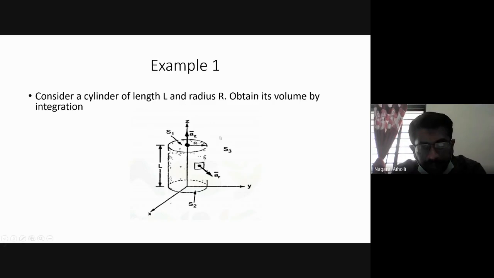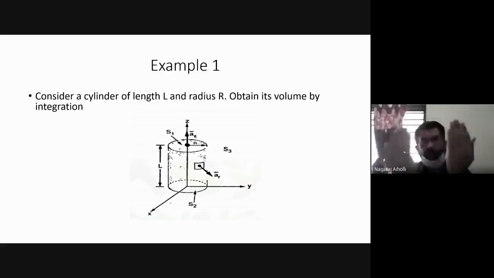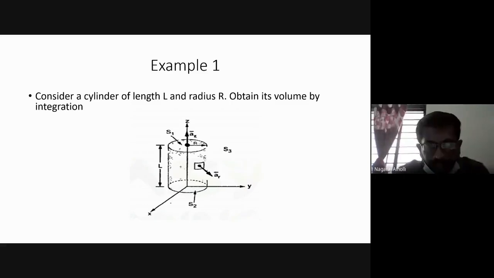Here there are the three axes, as we know, X, Y, and Z axis. Then they have given the radius R, length L. Then this is the Z axis. The perpendicular, it is aZ bar along the Z axis. Then this is the area S1, the bottom or base area S2, and the circular area S3. It is a cylinder, so it is a curved, enclosed surface. So that area is S3. Then the radius perpendicular to that is aR bar.